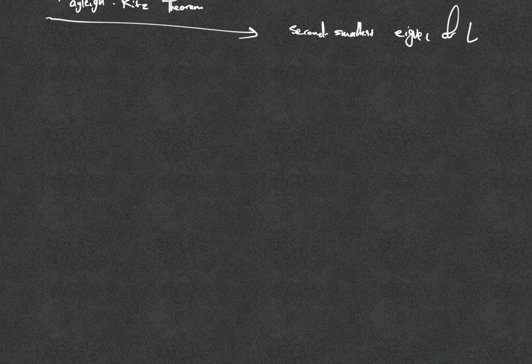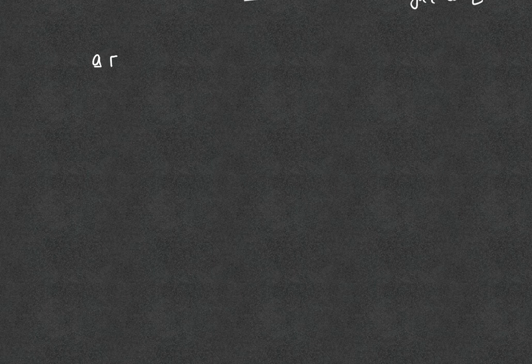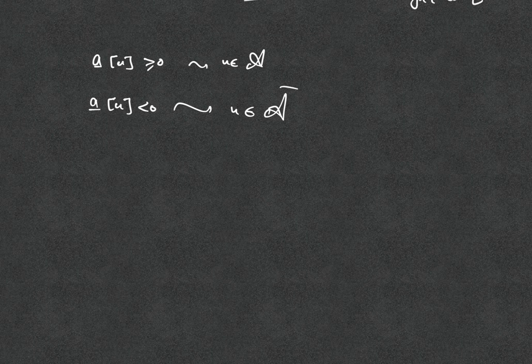Now this is going to be a continuous variable, so when we find A, for each node U, if the value is larger than or equal to 0, we say that U belongs to this partition, and if it's the other way around, we say that U belongs to the complement of this partition. So this was for the min-cut problem. For N-cut also, we have the second smallest eigenvector, again based on the Rayleigh-Ritz theorem, with the difference that the L_RW, or the normalized Laplacian, is going to be used for that,